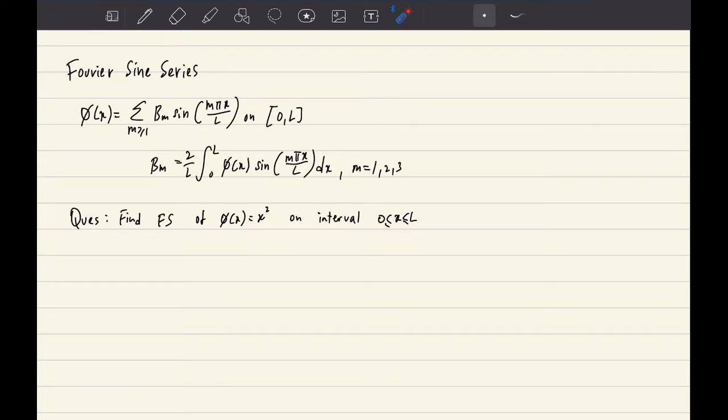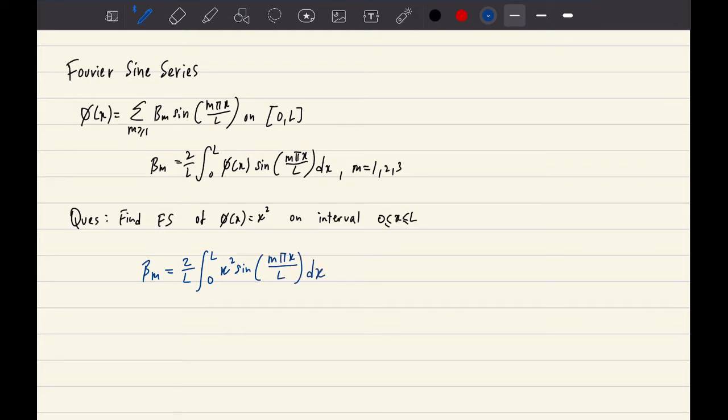It's easy enough because we already have the formula given here, and all we need to do is find the b sub m and substitute it back into the first equation right here to find our phi x. Right, let's get started. Our b sub m is equal to 2 on L, integral from 0 to L, and given our phi is equal to x squared, so x squared sine